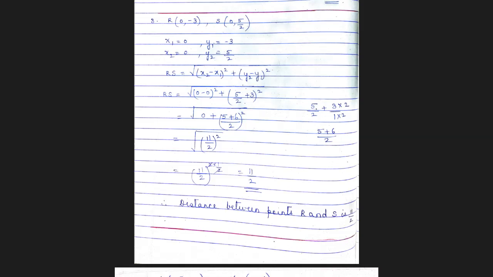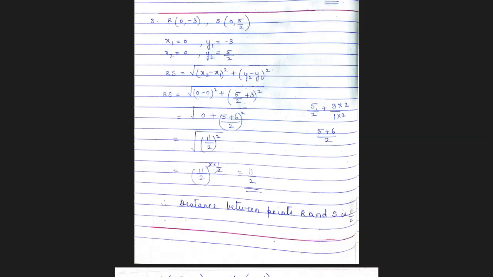Now when you find the LCM of 5 by 2 plus 3, what must you do? You have to make the denominator common. So what we do is 3 upon 1, I'm going to multiply both the denominator and the numerator with 2 to make it equivalent to 5 by 2. So that's the reason 3 into 2, 1 into 2. So I get 5 upon 2 plus 6 upon 2, and therefore I can add the numerators 5 plus 6 upon 2. That's 11 upon 2. So I get 0 plus 11 upon 2 the whole square, and therefore my answer is 11 by 2 whole square.